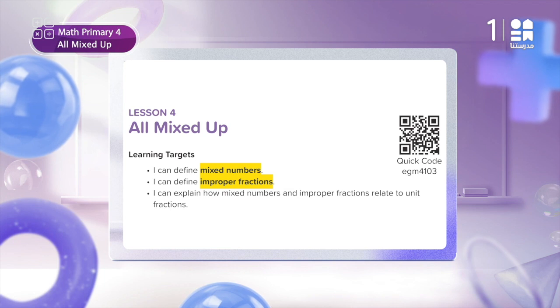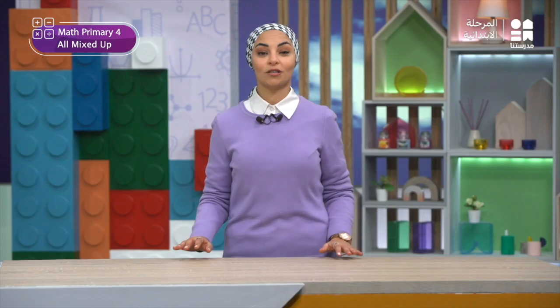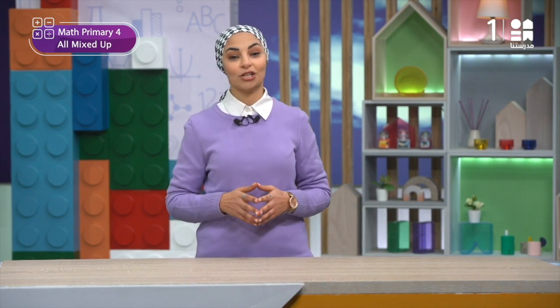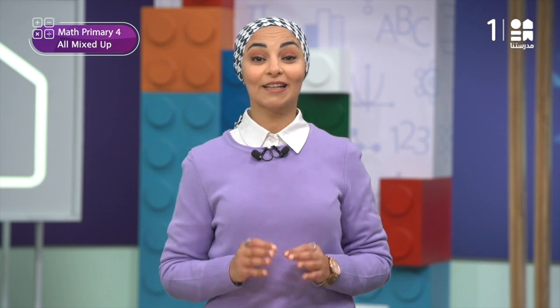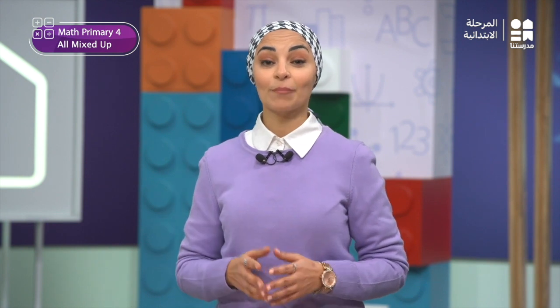We will find out the answer in this question in Unit 9, Lesson 4, all mixed up. Also, we will learn about mixed numbers and improper fractions and explain how mixed numbers and improper fractions relate to the unit fractions. Of course, you still remember the meaning of unit fraction. متأكدة إن أنتوا كلكم لسه فاكرين الunit fraction اللي هو كان fraction النومينيتور بتاعه كان 1. Do you still remember how to decompose fractions؟ فاكرين ازاي كنا بنعمل decompose للfractions؟